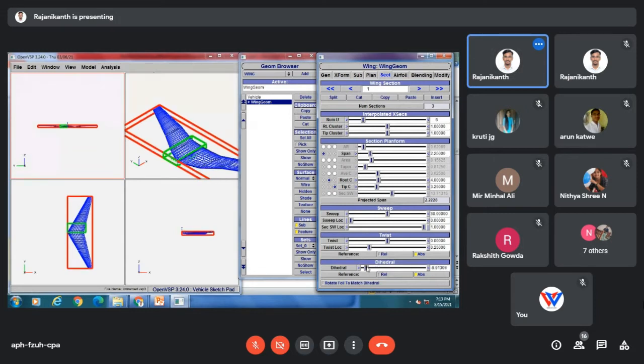And here I will decrease this one. Now we will go to the last section. Here also we will split. We'll increase the dihedral angle, let it be 5 degrees, and we'll increase the sweep angle.